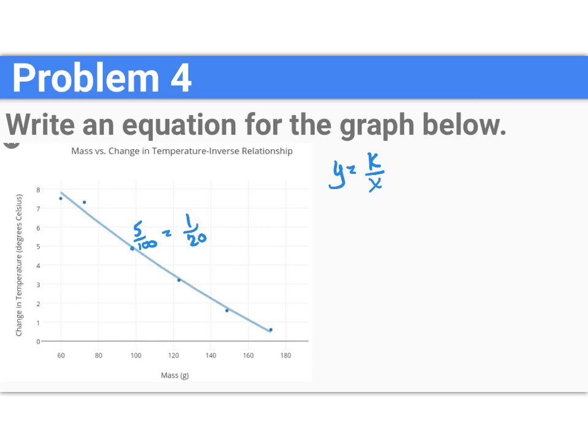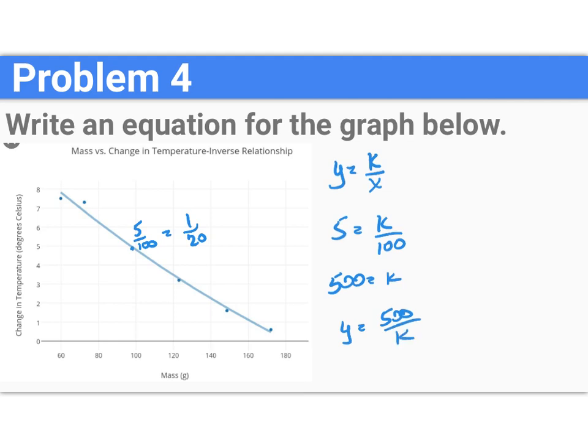I'll leave it at 5 and 100. I don't know why I'm reducing it. So when the y is 5, the x is 100. So that gives you 500 equals k. So we got y equals 500 over x